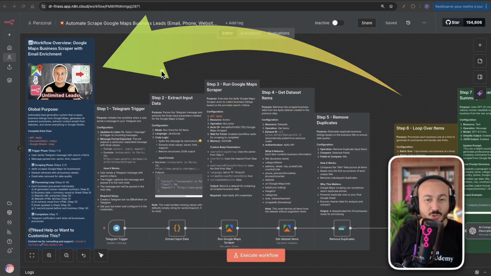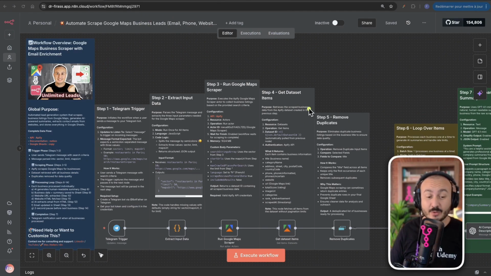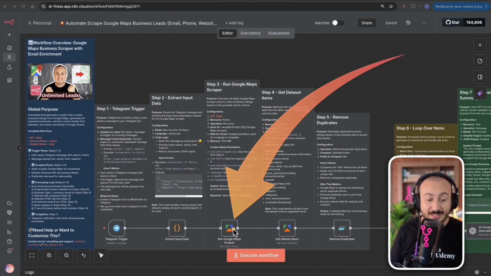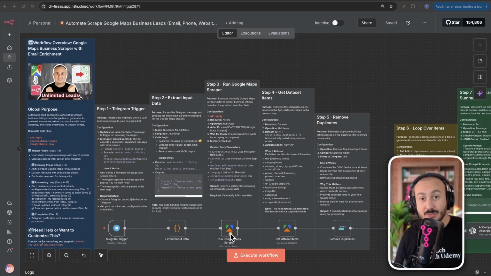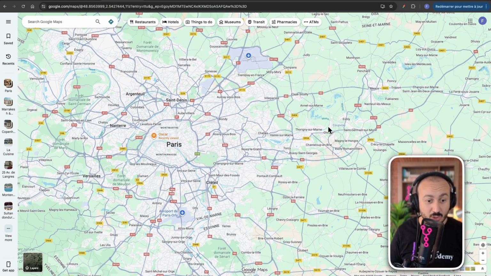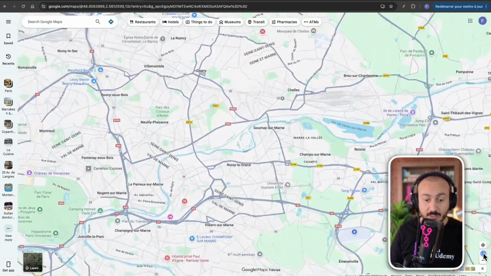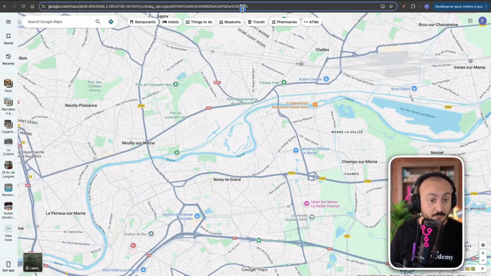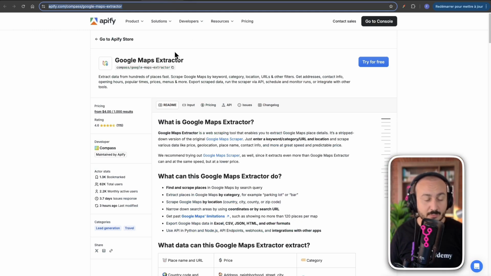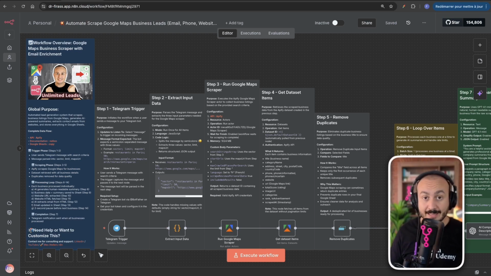So today I'm going to show you a very interesting workflow. It is capable of extracting all the information from Google Maps. That means I can simply give it a region, select any area I'm interested in wherever I want to work. I just copy the URL of that Google Maps. And thanks to a very special API called Google Maps Extractor, which I installed on my n8n tool in this